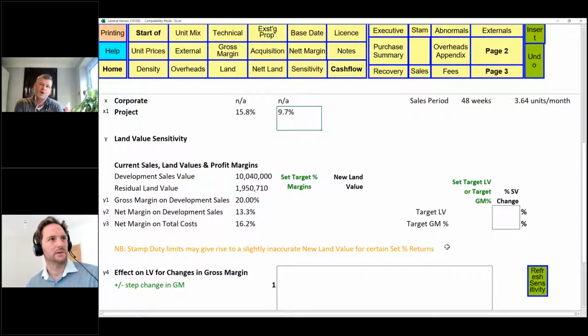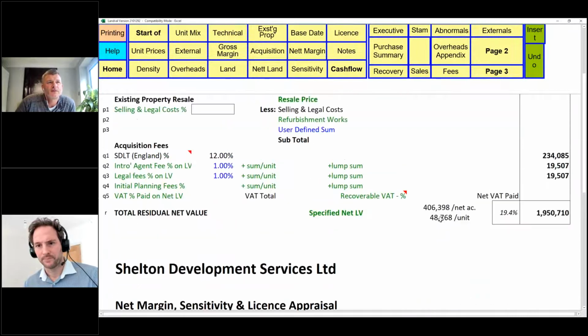Right, so this is from Roger Dunkley. Thank you, Roger. Can you set a land value you need to obtain? Yes, that was that bit here. So here, you're setting a position that you need to attain. Yeah, so you're forcing a land value in, and then it will take out the gross margin. It will give you a reply on that.